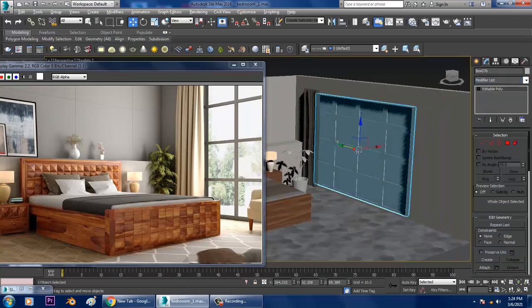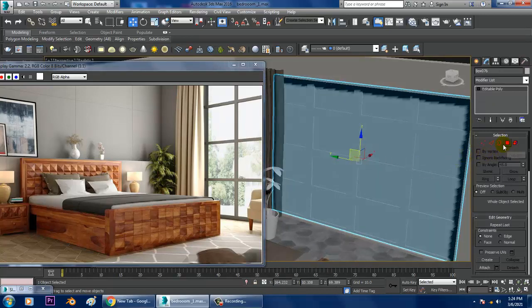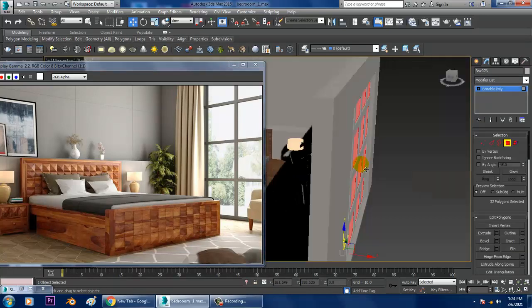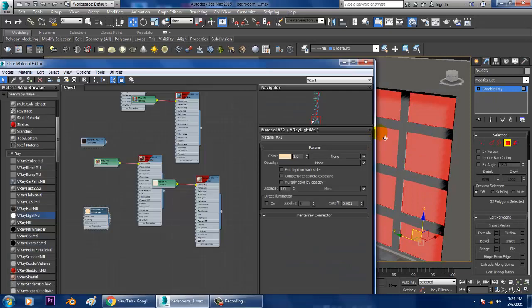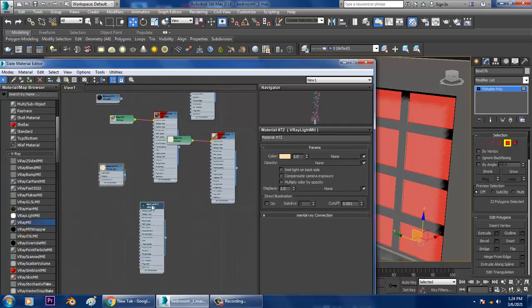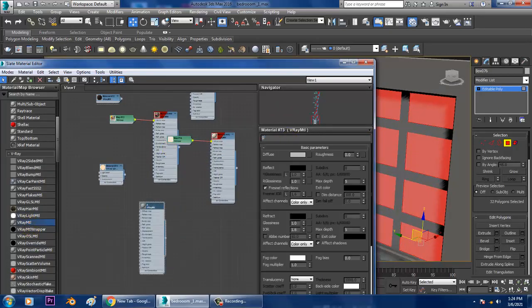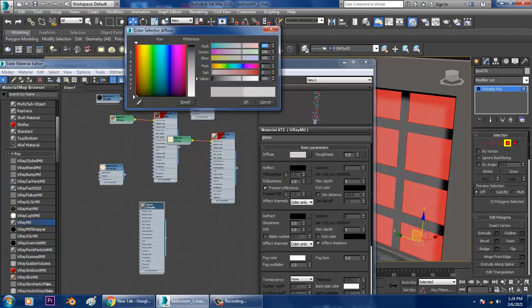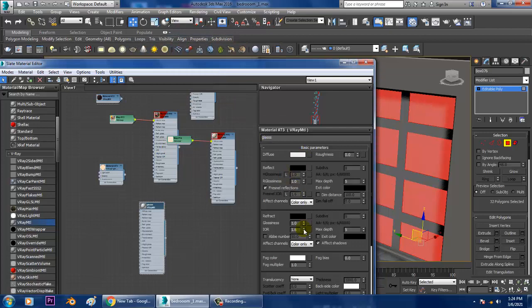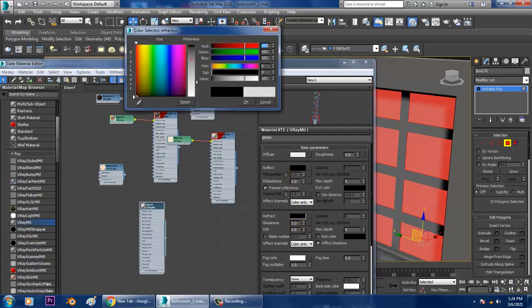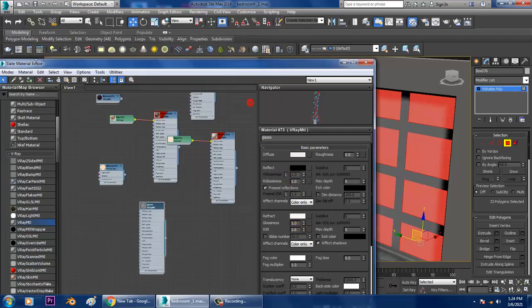Select this. For this we definitely need to give a glass. So let's take a V-Ray material, name it glass, give it a bit of whitish color, go into refract and just assign that.